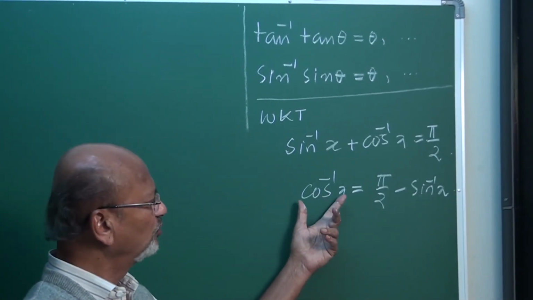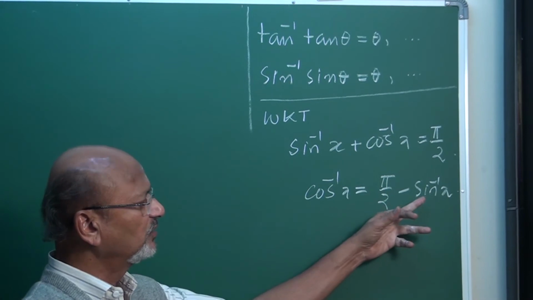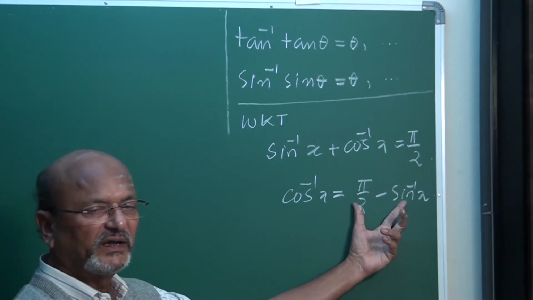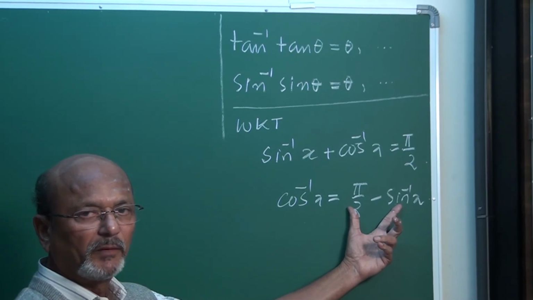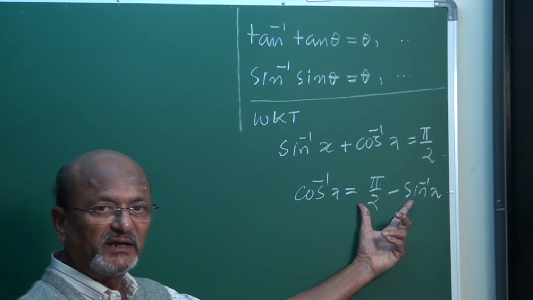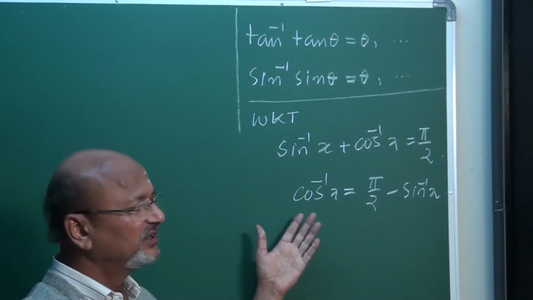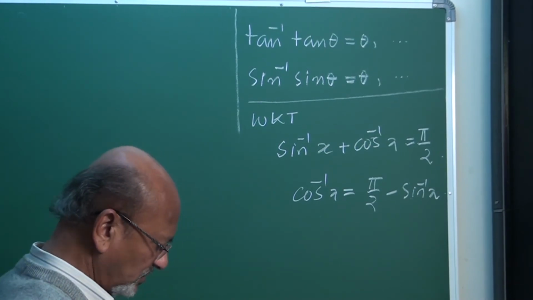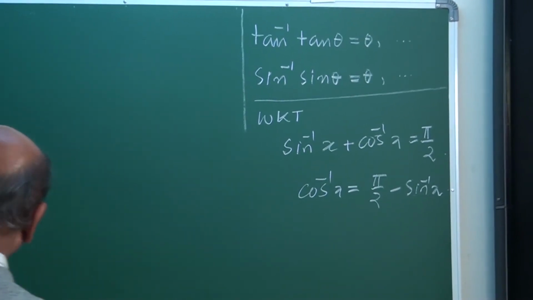It is equally true. Pi by 2 minus sin inverse x is cos inverse x. You can substitute for cos inverse, pi by 2 minus sin inverse. Even you can substitute for pi by 2 minus sin inverse, cos inverse. Pi by 2 minus cos inverse, sin inverse. Pi by 2 minus tan inverse, cot inverse. Like that you can substitute, my friends. Okay. So the next example is